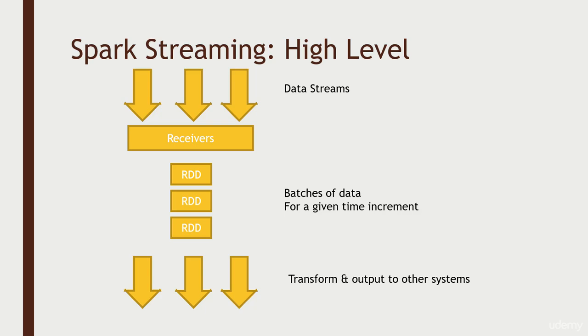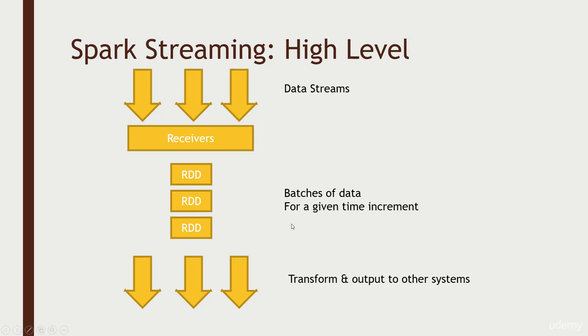Basically, you have a bunch of data streams coming in. Maybe this is coming in from Flume or Kafka or something else, just listening to sockets on a TCP connection on a fleet of servers, who knows? But your Spark cluster might have a bunch of receivers out there that are receiving this data, spread out across your cluster for Spark. And what Spark Streaming does is it discretizes that information coming in that stream into little